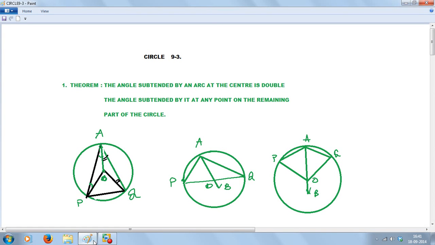So we will start a new lesson in circles. First we'll start with the theorem. The angle subtended by an arc at the center is double the angle subtended by it at any point on the remaining part of the circle. So instead of arc we can make it even